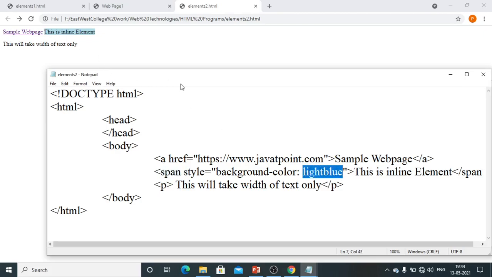Here you can see this complete text, that is this inline element, is marked with blue, and the rest of the things, like sample web page, is a hyperlink. See that every different word has its own meaning. So we can just check it out. If I want to mark something as very important, then I can go with an inline element.